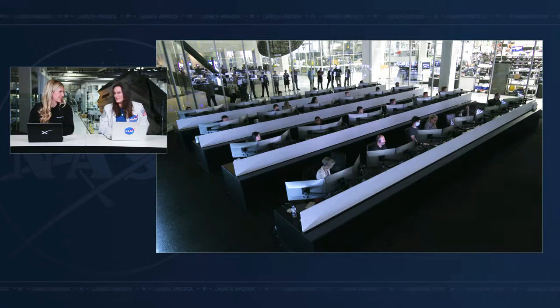It felt like a once in a lifetime opportunity to be on board when Crew-3 came back into the atmosphere, and seeing them come streaking through the atmosphere was...